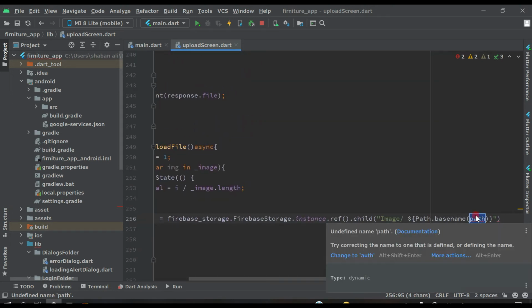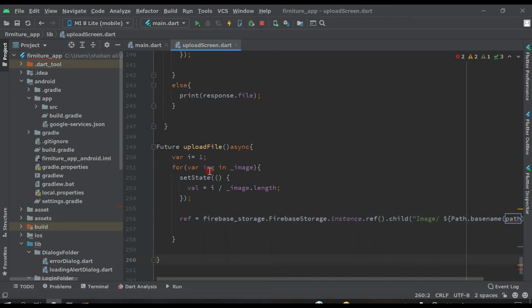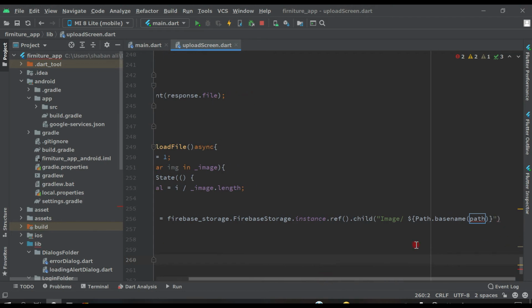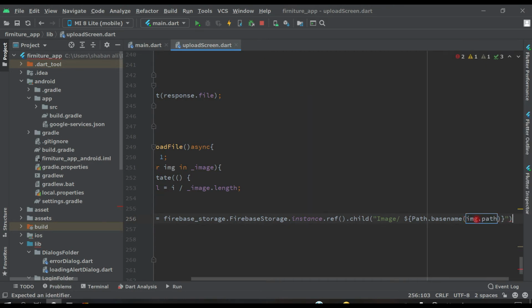And here this variable which we have created, img here, we will pass this here. So right here img dot path and put a semicolon at the end.